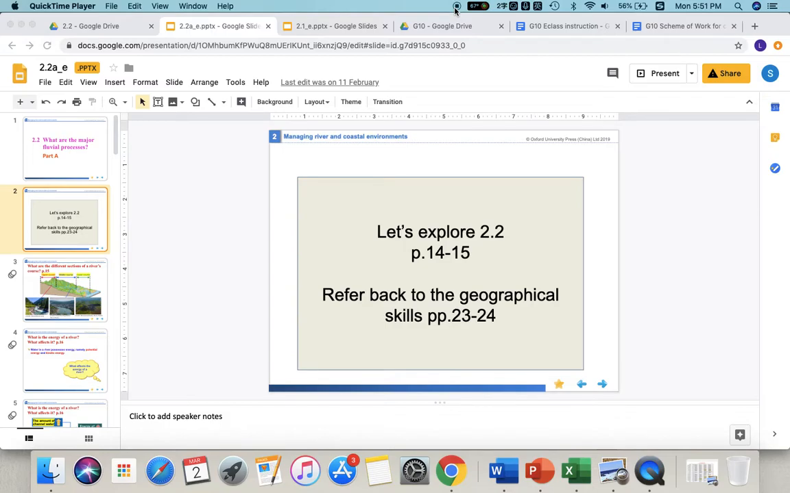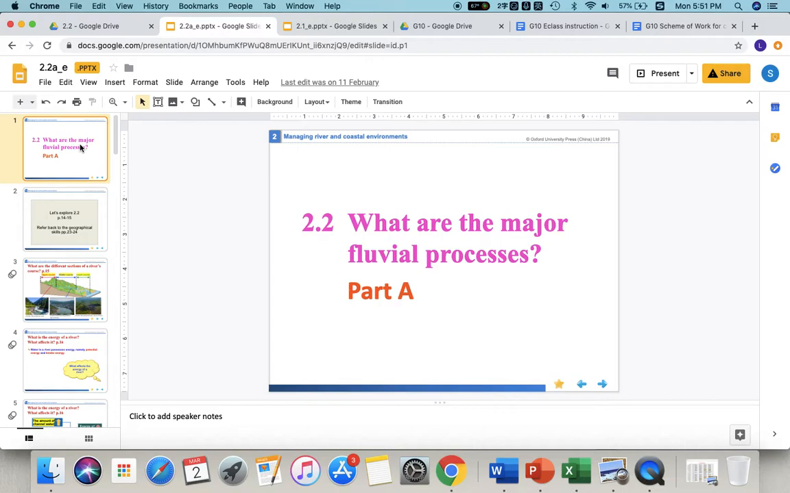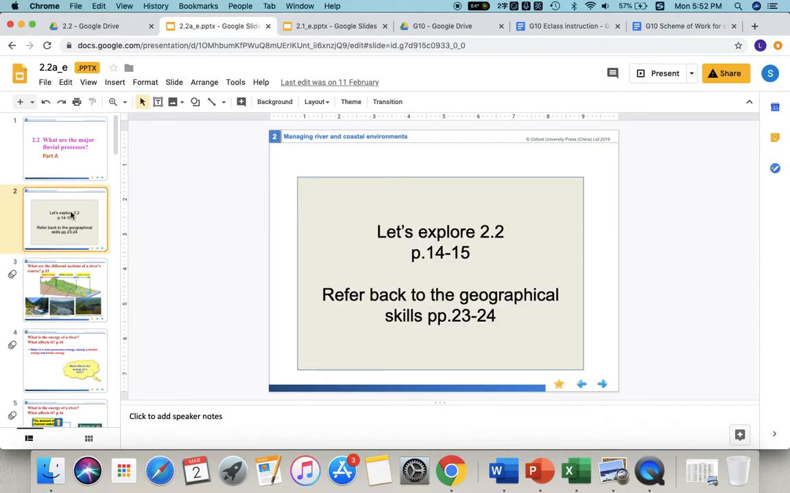OK，咁而家就係 Chapter 2.2啦。So let's go to Chapter 2.2. So in this chapter, we will mainly talk about the major fluvial process in the river. Okay, so it means different process in different course of a river. So first of all, I want you to do the Let's Explore 2.2 on page 14